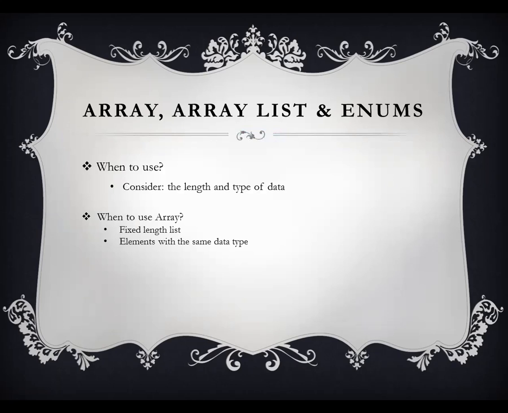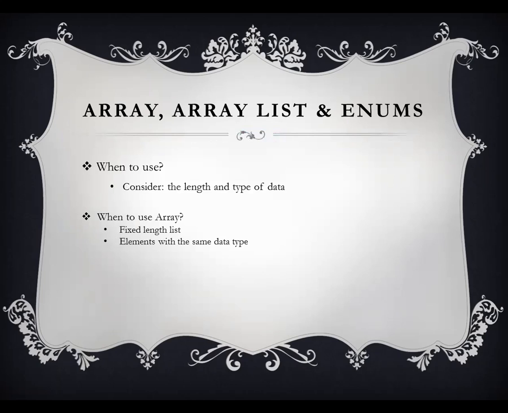Now let's look at the use of array, array list, and enum. The question is when to use an array, array list, or enum. To choose one option, we need to consider the length of the list and the type of the data in the list. For example,